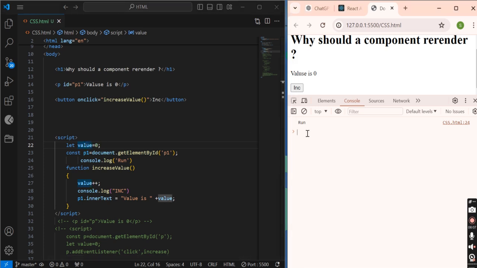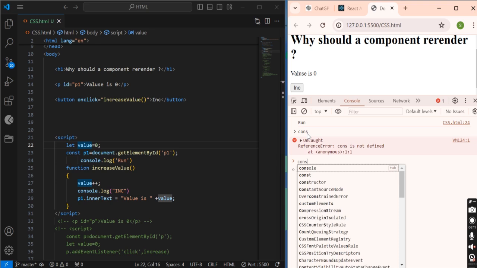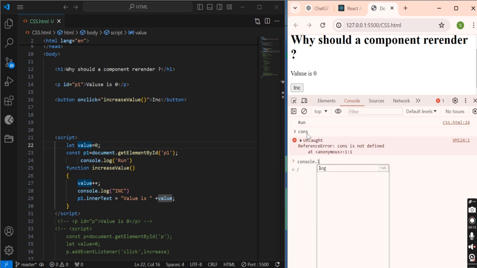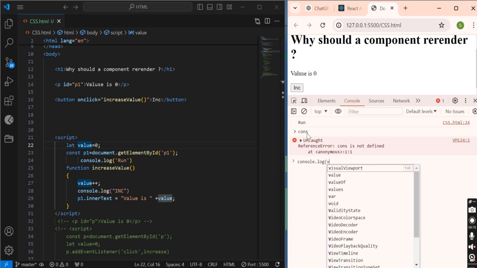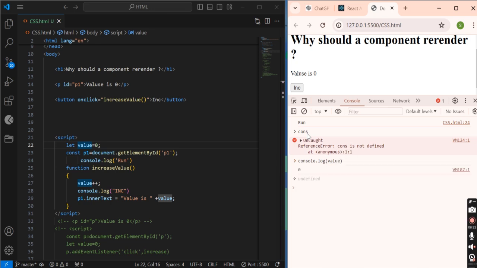We can see that here as well by console logging value. Yes, see here it's 0. Now it comes to this line.